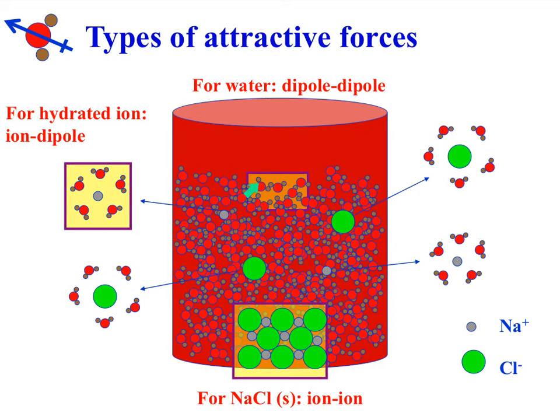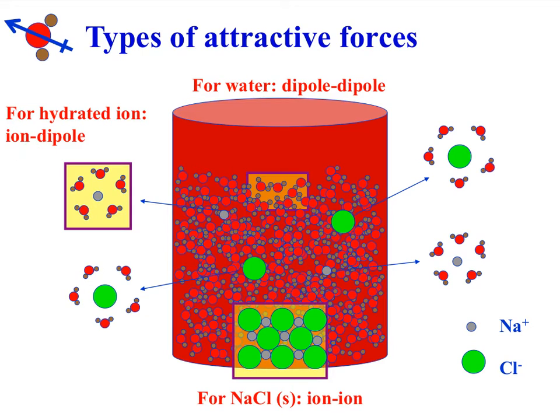So this has a dipole. So the attraction between the water molecules is called a dipole. The attraction between the water molecule and this ion, and these are ions, right? This attraction between these two, the water molecule and the ion, is called dipole because the water is a dipole. And what's this? An ion. So we call it